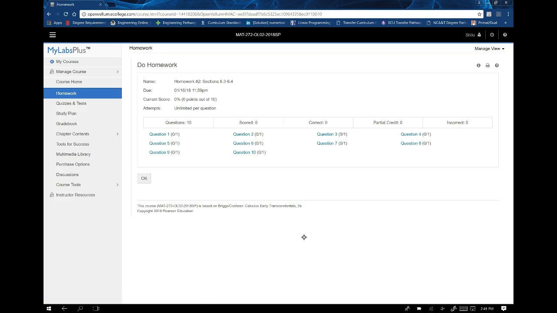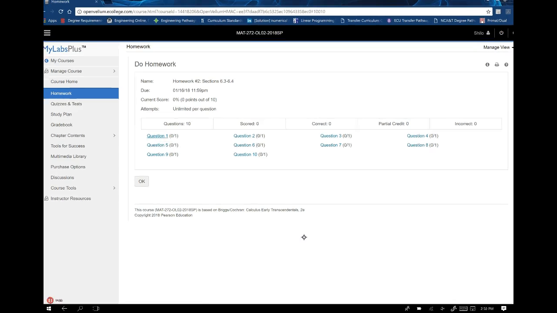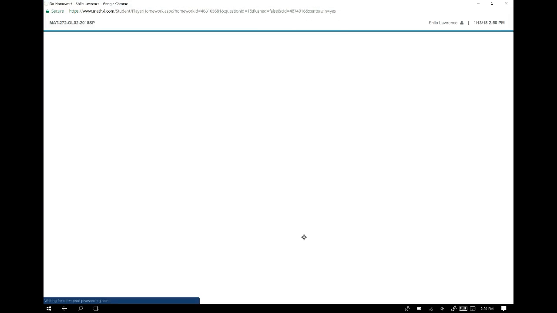homework number 2 covers section 6.3 to 6.4. It's only got 10 problems, but some of these problems have multiple parts to them. So don't let that fool you that, this is only going to take me a few minutes. I can wait till Tuesday night at 10 to start it. Some of these problems are going to take a while. So just to forewarn you. So when we start with question number 1,